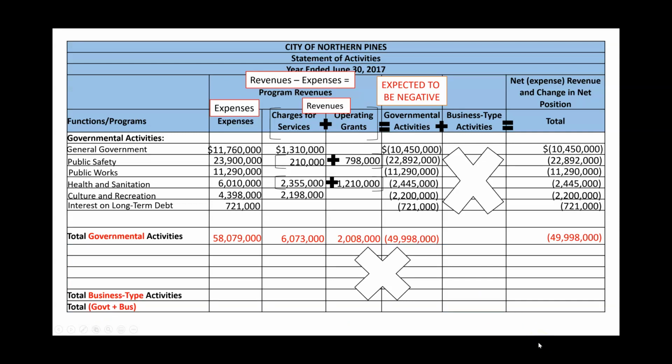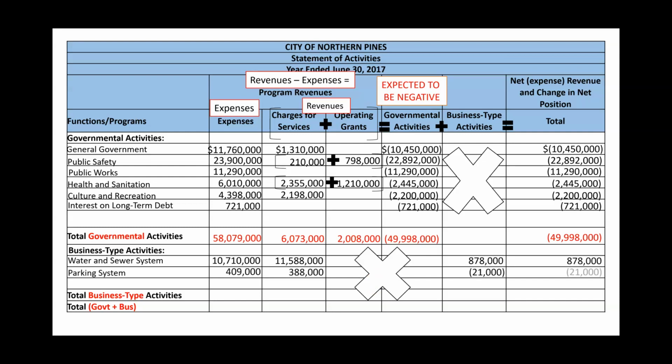All right, so now let's take a look at the business type activities. Remember, we've got these big X's here. So we know that we're not going to have any governmental activities for the business type, and we're not going to have any business type for the governmental activities. So those X's are there for a reason. So business type activities, water and sewer system,